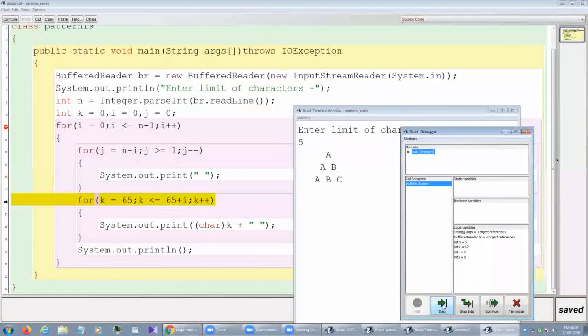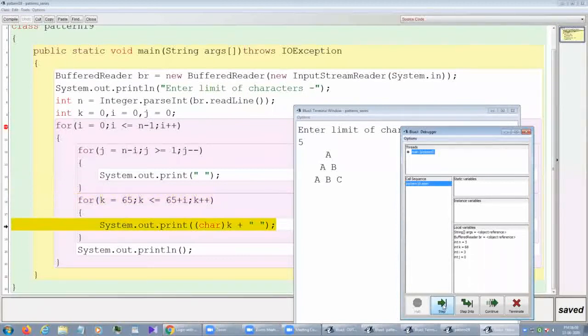The value of k became 68. The k loop condition is not satisfied. System.out.println moves the cursor to the next line. The value of i became 3. 5 minus 3 is 2. 2 times this loop will iterate and 2 spaces it will print: 1 space, 2 spaces. Then the condition is not satisfied. 65 plus i, the value of i is 3, that means 68.